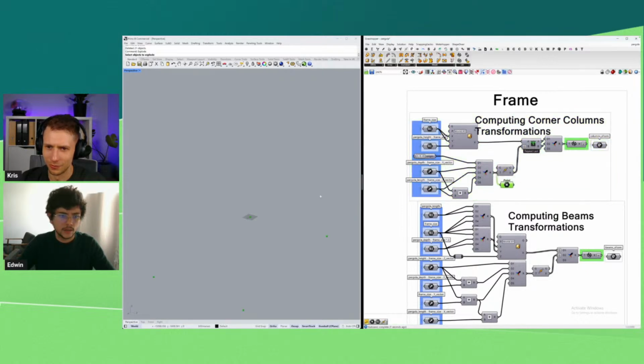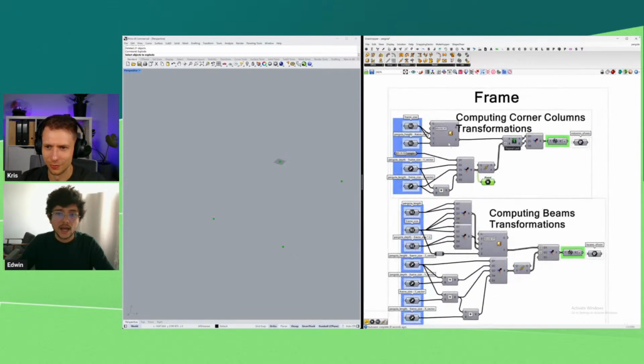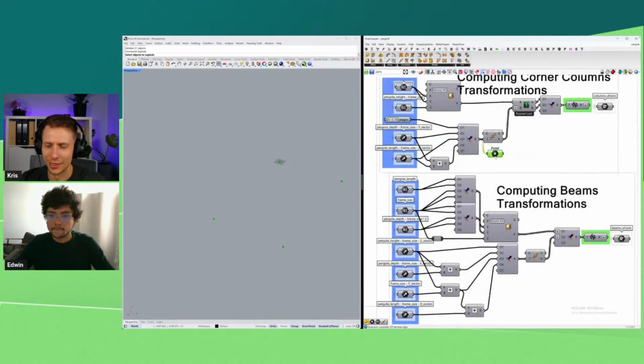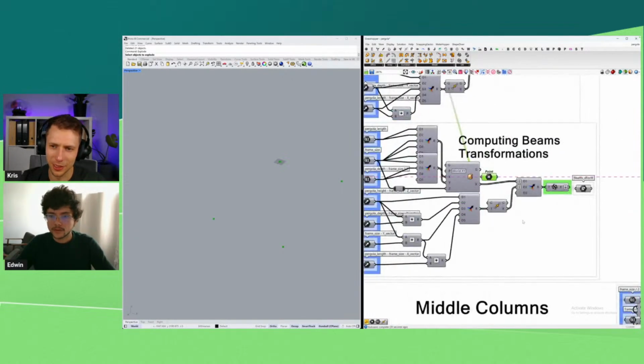I know these are the points where my columns need to be, and I'm using the Scale NU component to scale the cube based on the frame size and on the height.